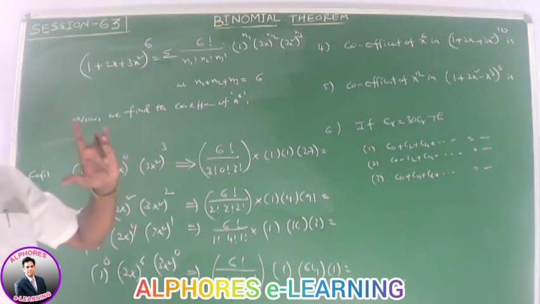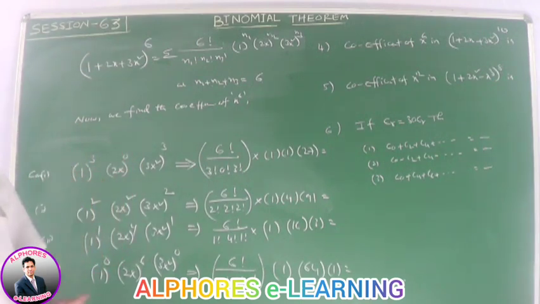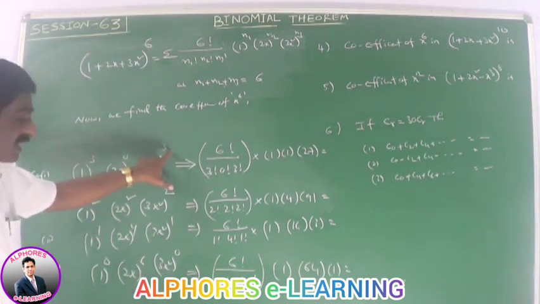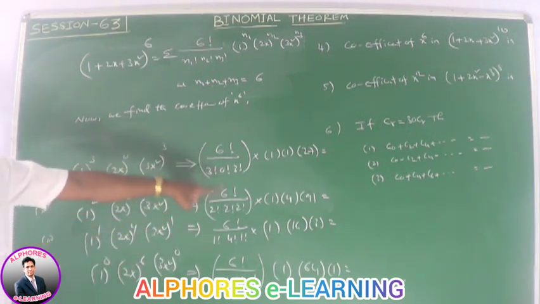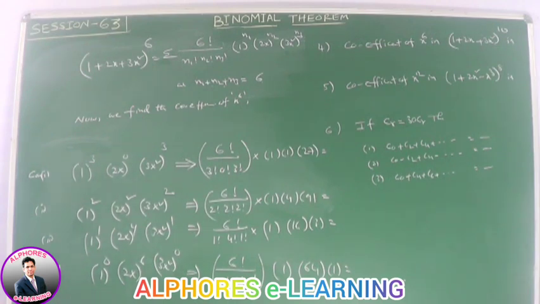First we identify the possible cases for getting the x power 6. First 3x square whole power 3 means we get x power 6. So in the remaining terms it will not contain x at all. That means we take power 0. Here sum of the index must be 6. So we take 3. Please observe these values. Write this value and simplify, find this value.